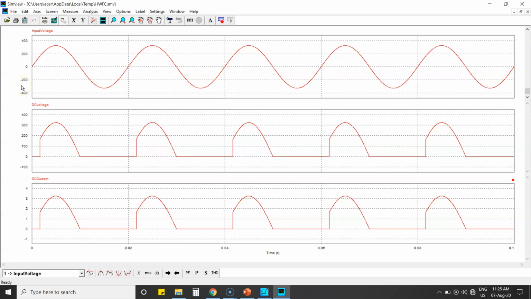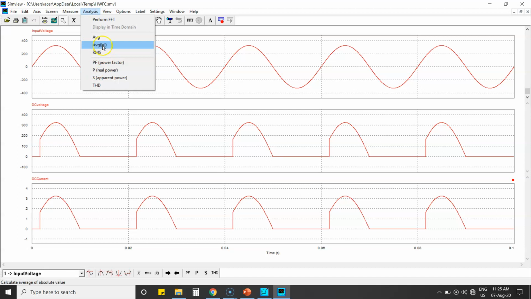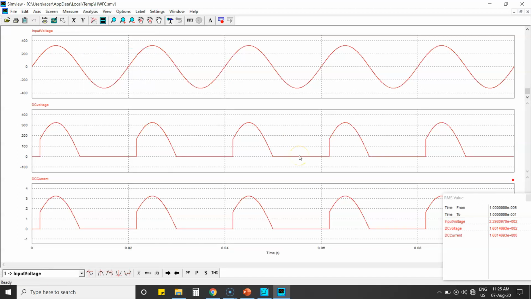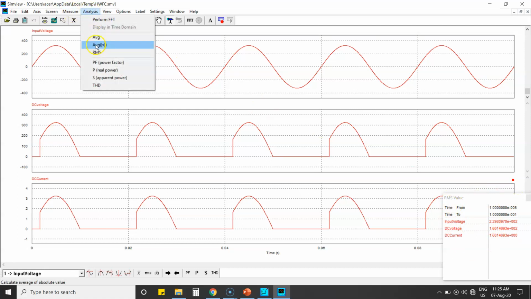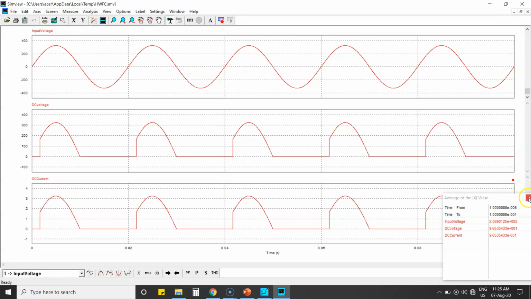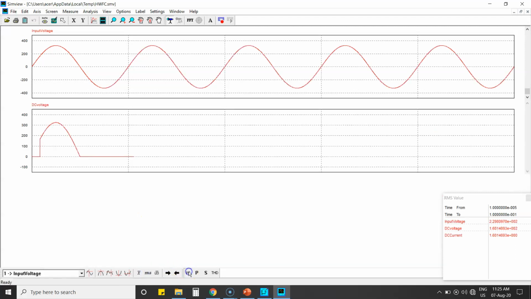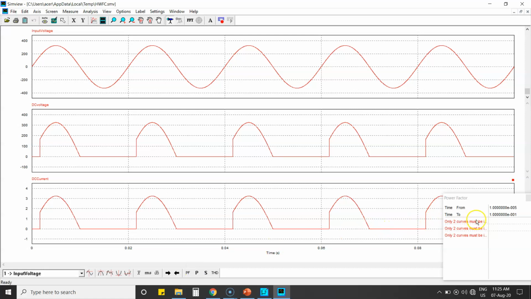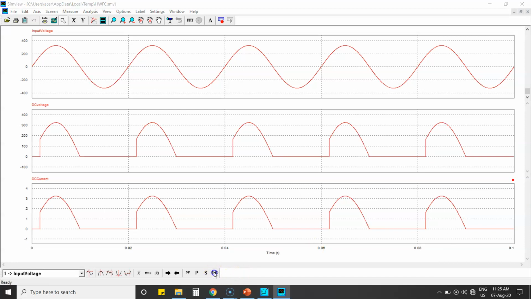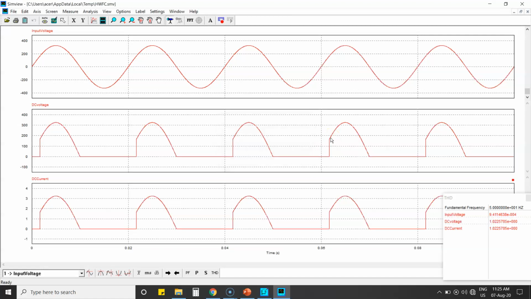Okay, so for our lab, we need the output waveform, the screenshot of this one, and we need the value of your average voltage and output voltage. So better make this screenshot with the RMS value, and if possible take a screenshot of your average value also. So RMS value, average value, power factor, everything. Only two curves must be included to measure the power factor. So as of now we don't need a power factor, just simply measure the input, the output average voltage and output average current, and then RMS voltage and RMS current.